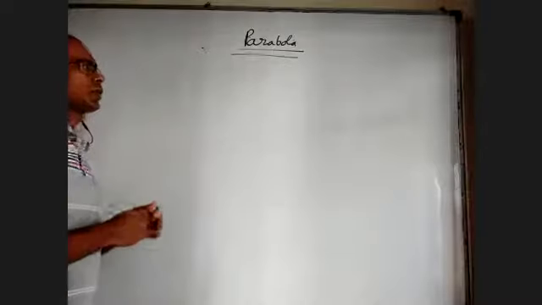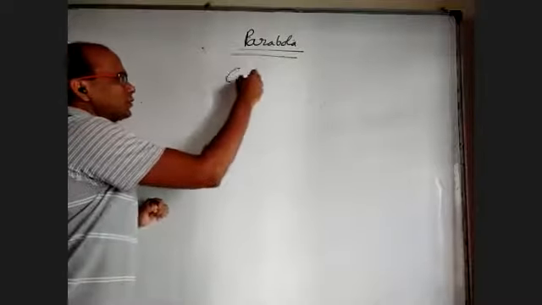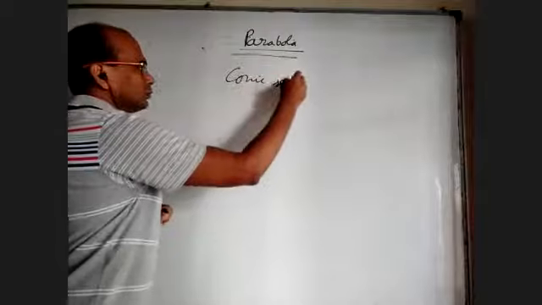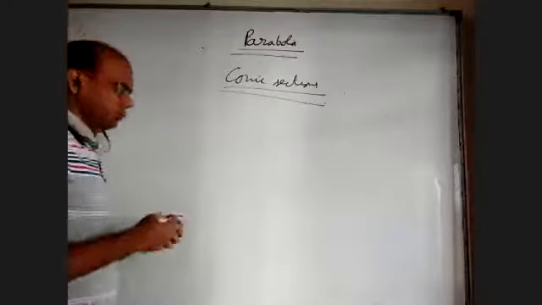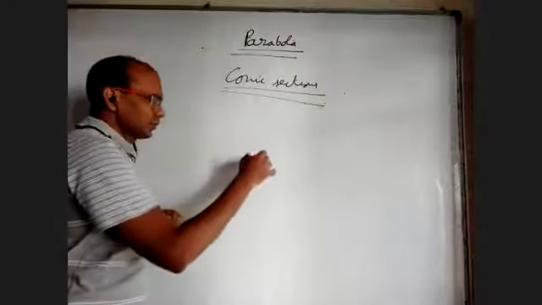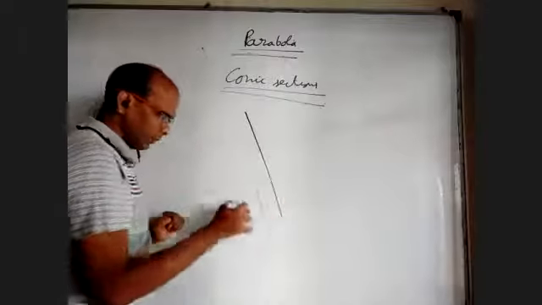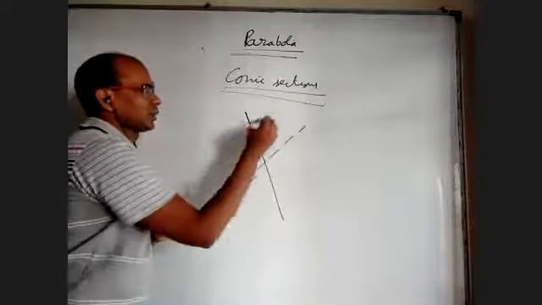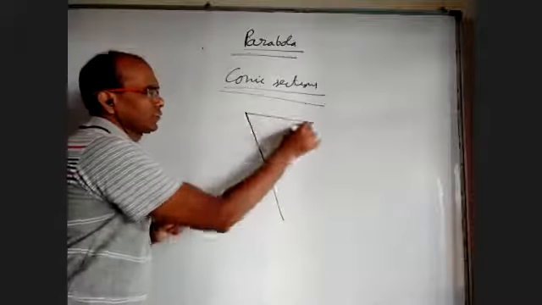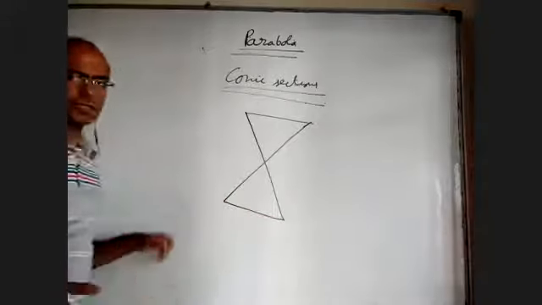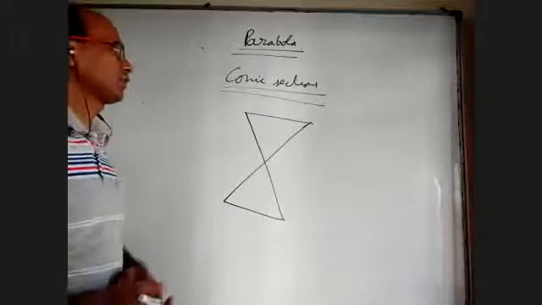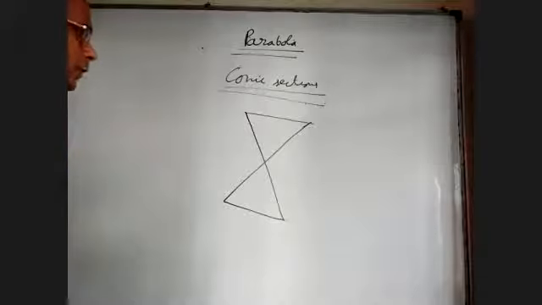Okay. So before starting parabola, I have to talk about the conic sections actually. In a sense, it is quite interesting, and only by pure geometry also there are some explanations. Why this word conic section came for parabola, ellipse, hyperbola, I'll tell that. We may not use this concept so much in our JEE Advanced preparation, but it is good to have an idea where this word came from.